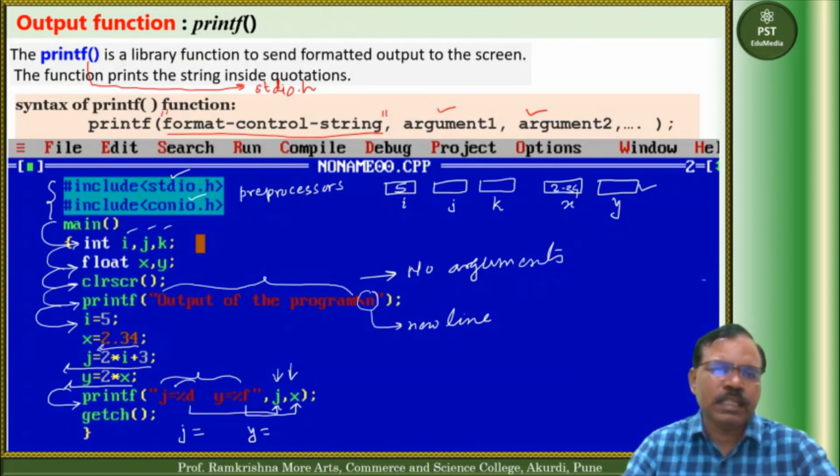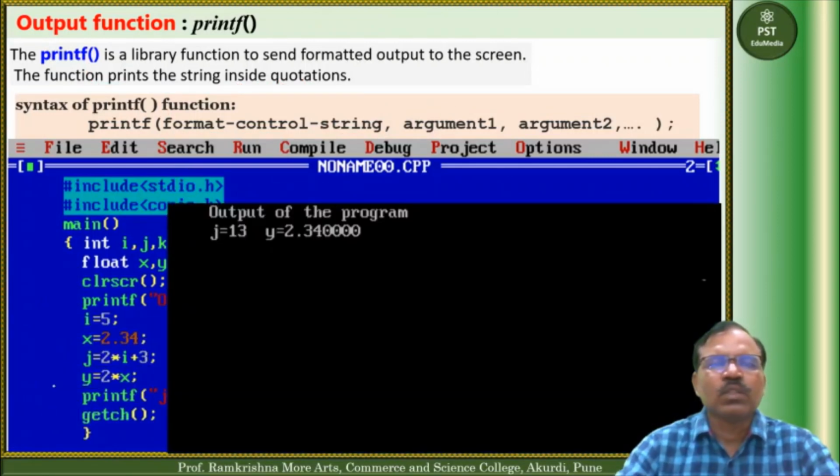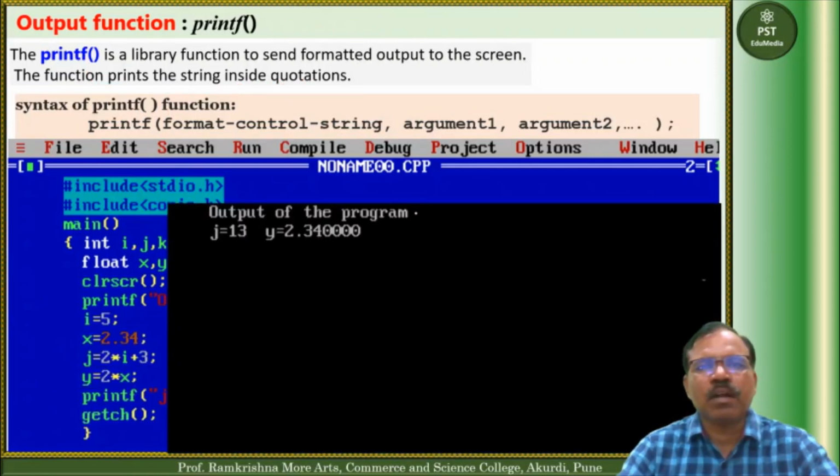So this %d and %f are called format specifiers. %d is used for the integer data type, and %f is used for the floating data type. If we run this program, you will get output like this. Output of the program on the first line, and on the next line you will get j equal to 13.